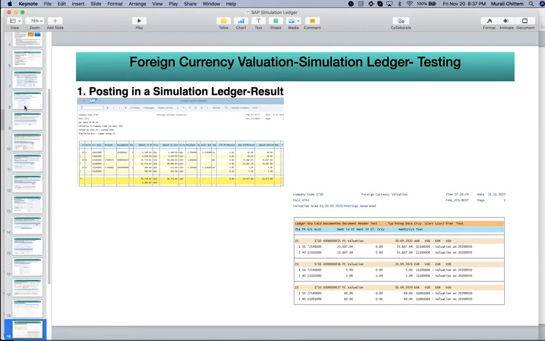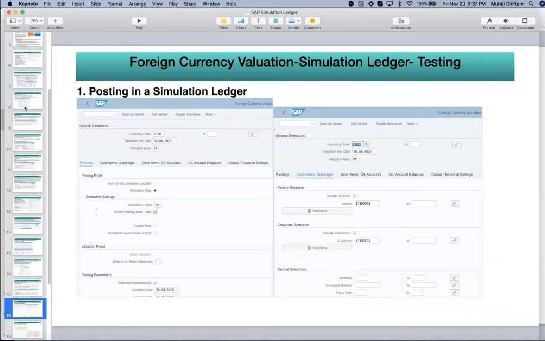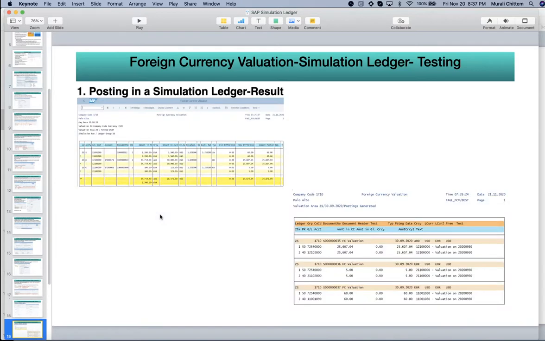So I'm just showing all the screenshots, but I am going to log in and show this. See, when we execute, this is the wrong screenshot. This is without deleting execution simulation data. I updated simulation ledger GS. When I execute this simulation, I intentionally kept only 3 master data elements.